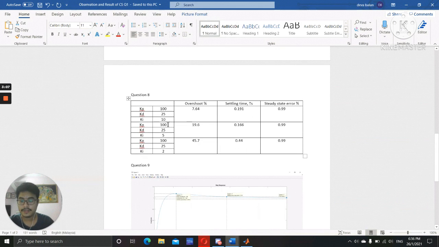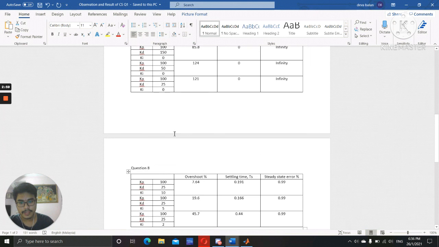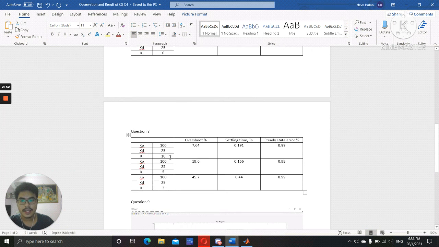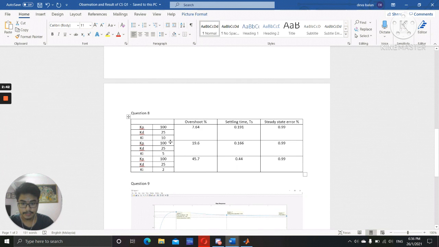For question 8, you can see that you have to implement all three P, I, and D controllers. So we have taken the best P, which is 100, the best D, which is 25, and we implement Ki with three values: 10, 5, and 2. So as you can see, we can see that the best value for